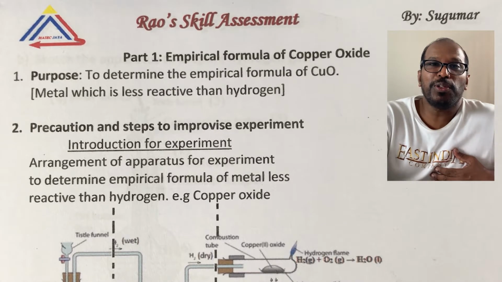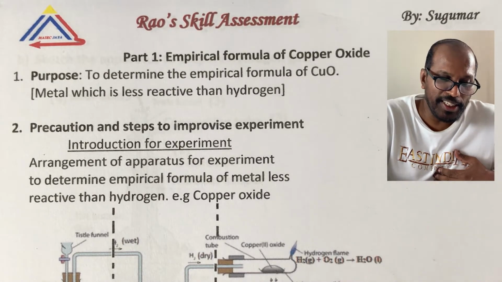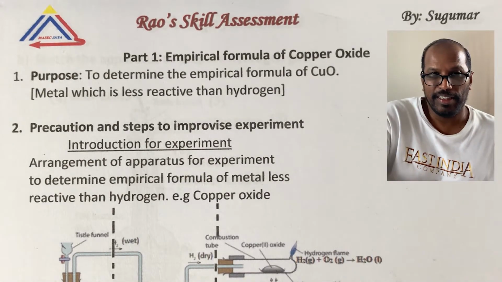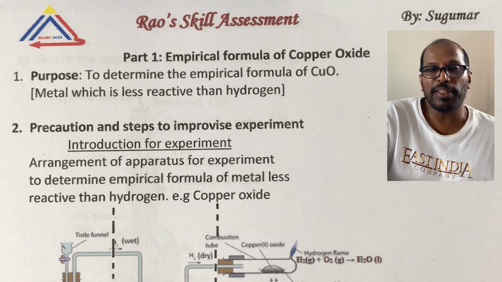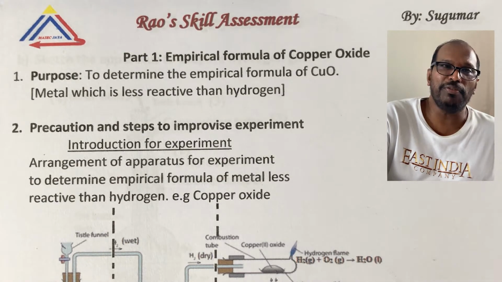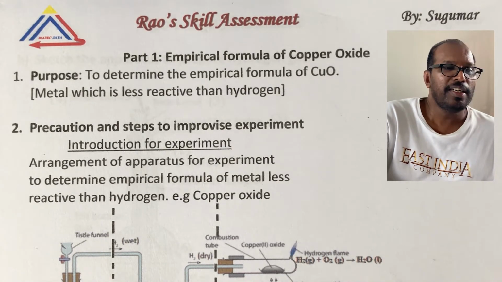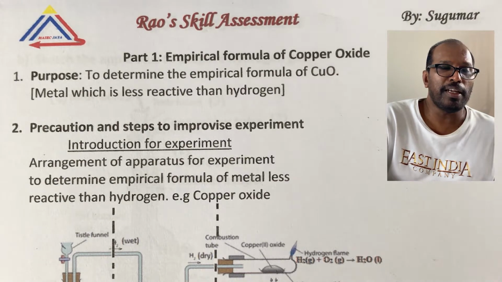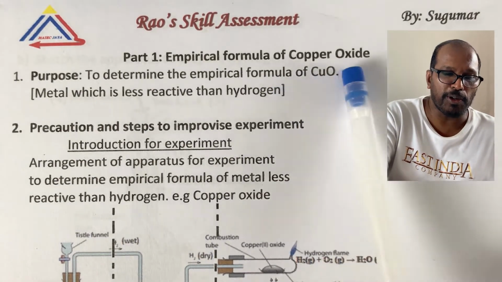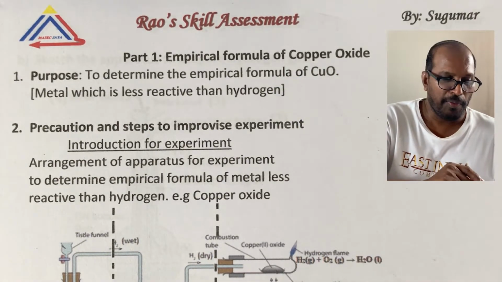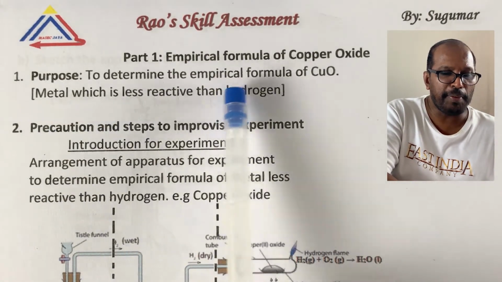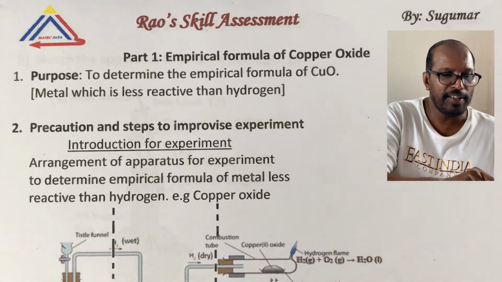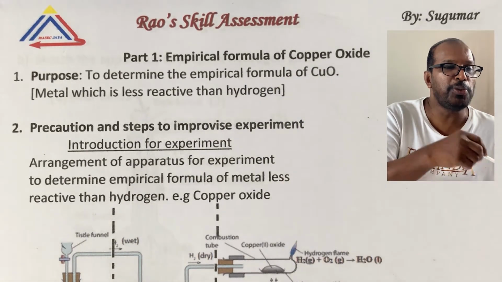Okay, now we are going to the third level of empirical formula, that is about experiment. In empirical formula and molecular formula, there are two experiments that we need to learn. One, the experiment to determine the empirical formula of copper oxide. The purpose of this experiment is to determine the empirical formula of copper oxide, and normally this method is being used